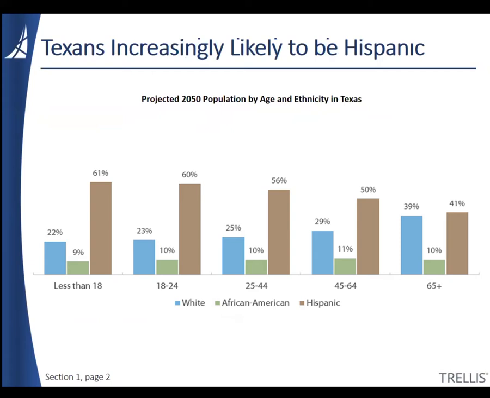In the year 2050, 61% of children, 60% of 18 to 24-year-olds, and 56% of 25 to 44-year-olds are projected to be Hispanic. Increasingly, the future of Texas, including its economic prosperity, as well as the expertise needed to run business, government, and infrastructure, will depend on the education of its non-white populations, which, as we've seen, have historically had lower incomes, higher rates of poverty, and lower likelihood of attending and completing college compared to whites. Focusing on the educational success of Hispanic students in particular is important for the future of Texas.